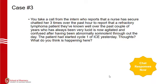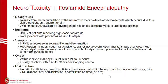This is a very common presentation. We had one patient that was actually a professor and really well spoken, and turned to this really aggressive kind of somnolence and agitation first, but then somnolence second. And so this is likely to, ICE has carboplatin, ifosfamide, and etoposide, and this event was likely related to the ifosfamide. And so this is from an accumulation of